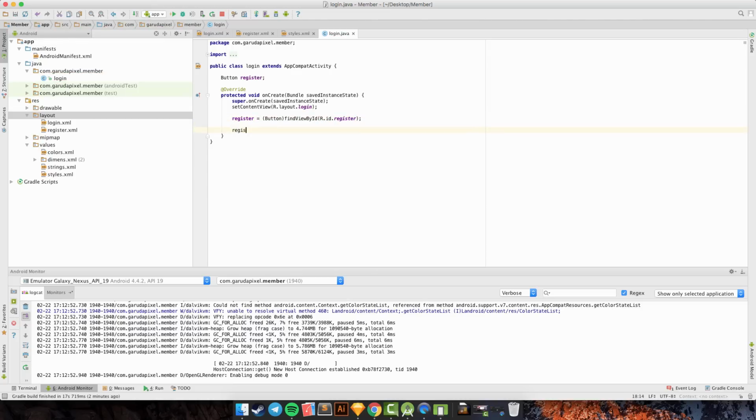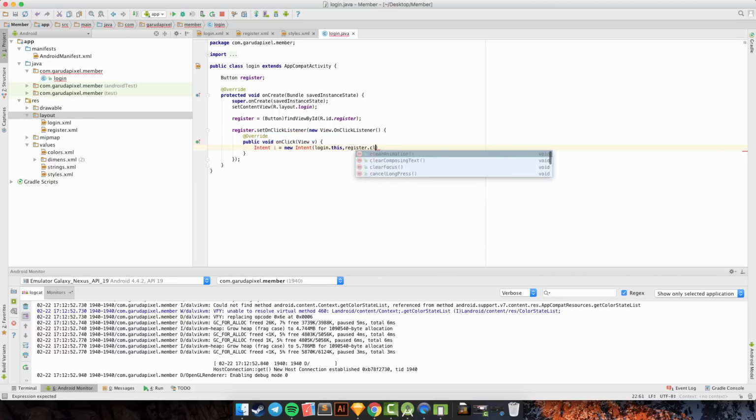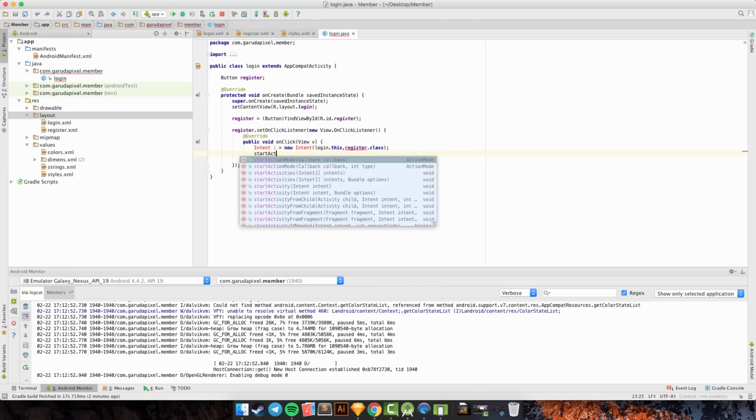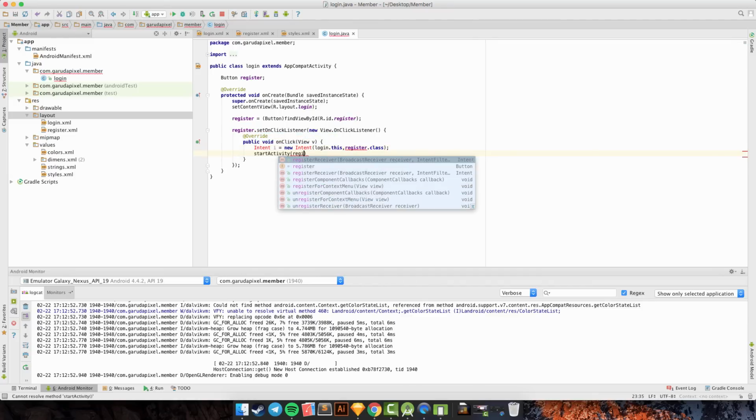Then register.setOnClickListener, new View like this, and then we're going to intent with new Intent, and the first class is login, this, login.this, and comma, and go to the register class like this, and startActivity with intent.